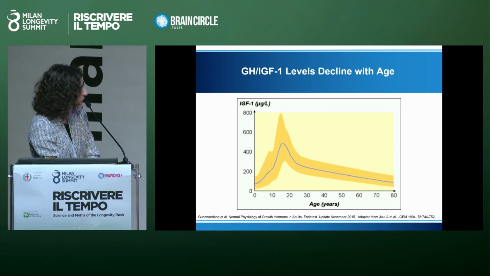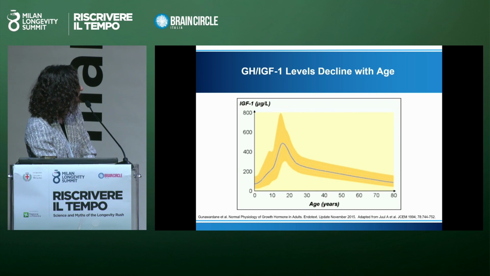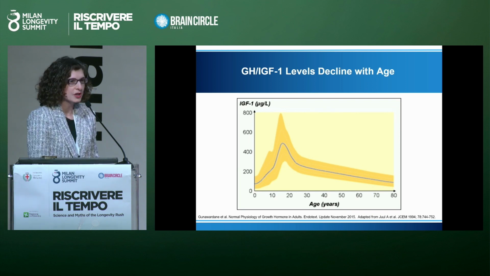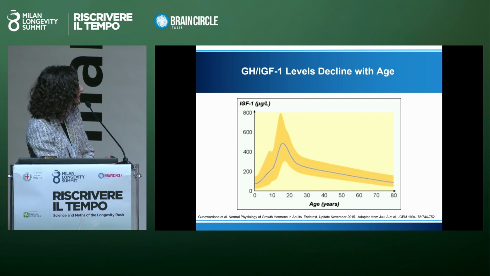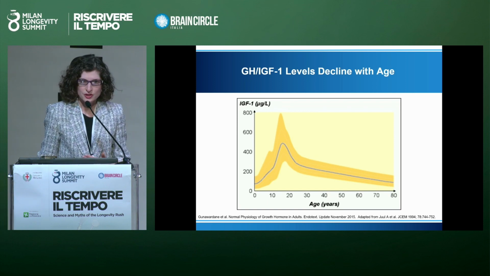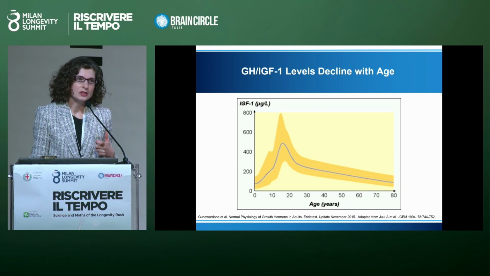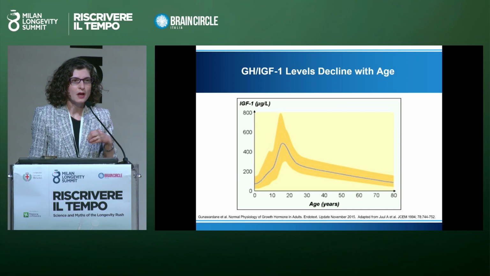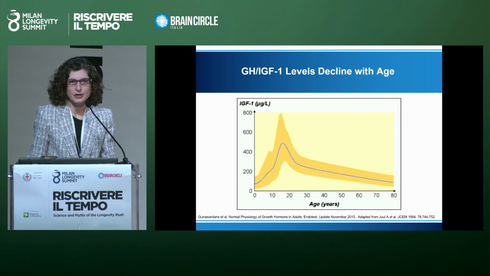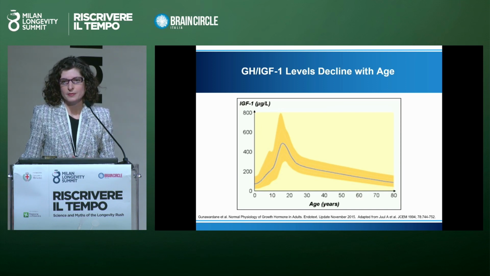So here's what happens to our growth hormone levels throughout our lifespan. They're relatively low when we're first born, but then as we get older, the levels rise, and the peak actually occurs in the second decade. That's when we're growing, our teenage years, when we're getting taller. But then the levels decline very quickly, and they continue to decline as we age. And when people have looked at this pattern, they said, well, maybe because the levels decline, that's why we're aging, that's why we're getting disease, and we're getting disabilities.